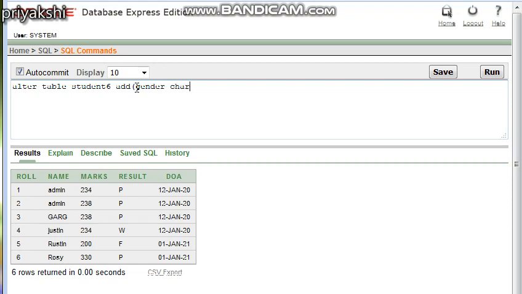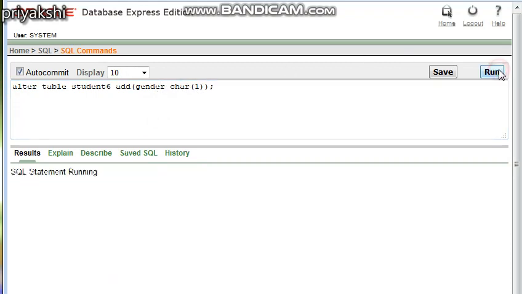Suppose its type is character, we are going to store only M for male and F for female. This is the command that you have to write to change the structure of the table, to add a new column called gender of data type character of length 1. If we execute this, it shows the table altered.